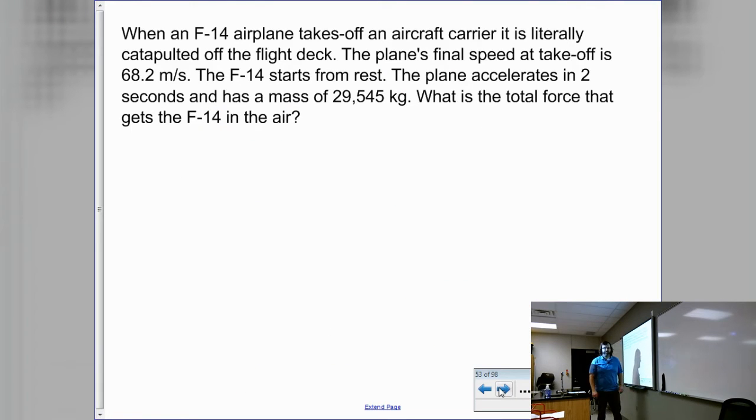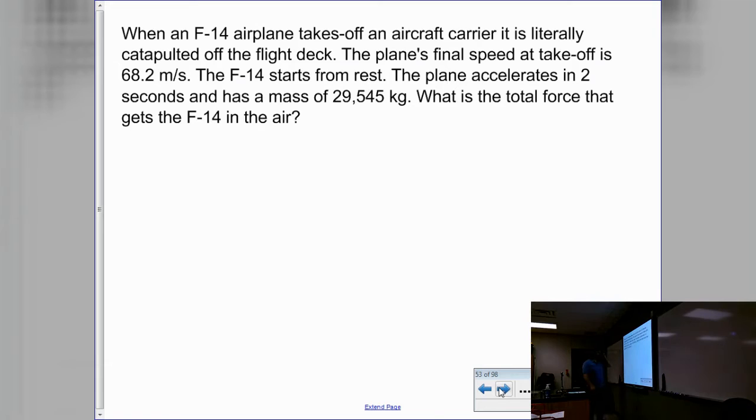Now, let's do another one. In this problem, again, what we're trying to incorporate here is kinematic equations from the past. We've got an F-14 airplane taking off an aircraft carrier. It is actually catapulted off the deck to make it speed up really fast. The plane's final speed at takeoff is 68.2 meters per second, and it starts from rest. The plane accelerates in 2 seconds and has a mass of 29,545 kilograms. What's the force coming from the catapult? Or actually, the jet engines too. Okay, but anyways,